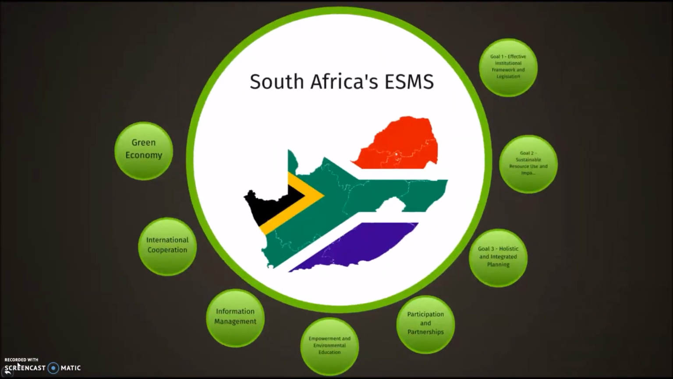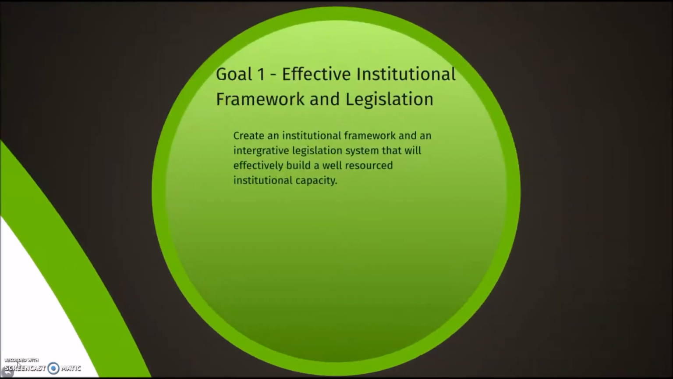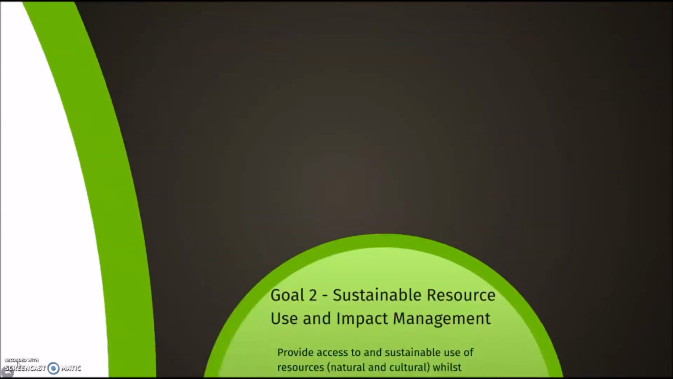Now, South Africa's environmental sustainability management strategies. South Africa has set themselves 8 goals to succeed in environmental sustainability. The first goal is to have an effective institutional framework and legislation. So they want to create an institutional framework and an integrative legislation system that will effectively build a well-resourced institutional